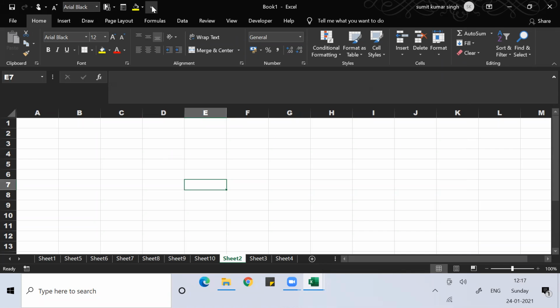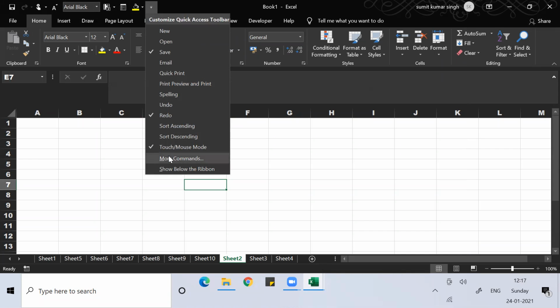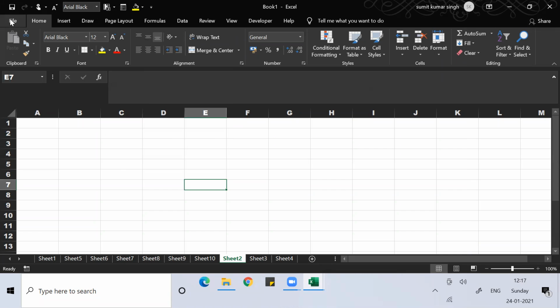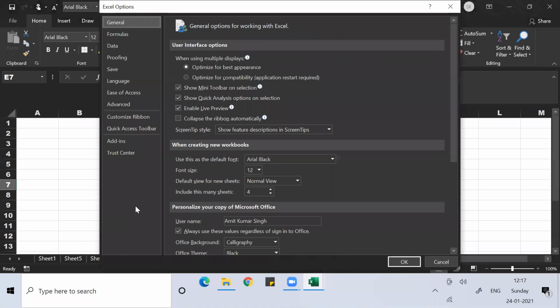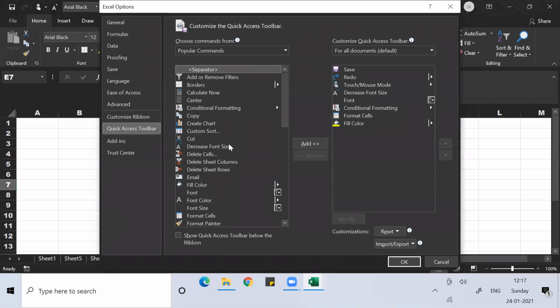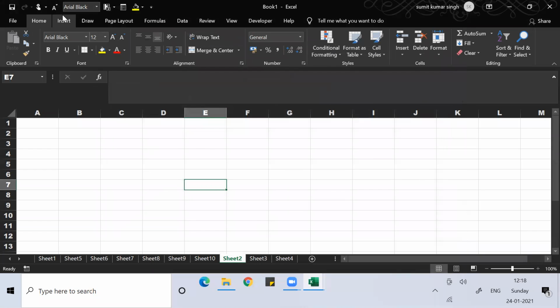You can operate from here by going to More Commands, or you go to File, then More, then Options, and under Options you can see the quick access toolbar. You can do the same work there. So at the top, what you see is called the quick access toolbar.